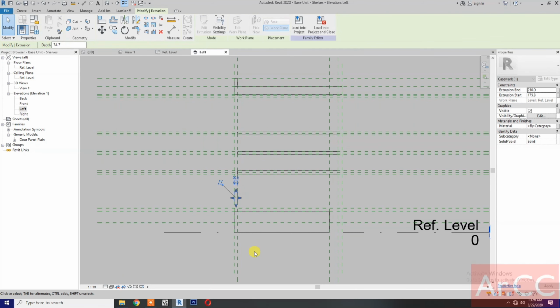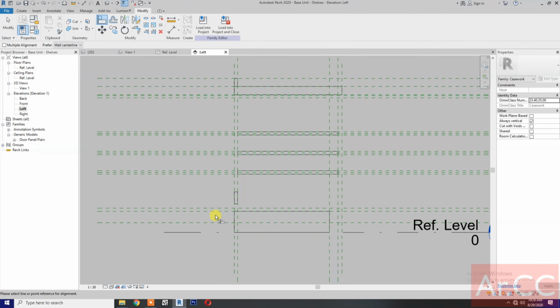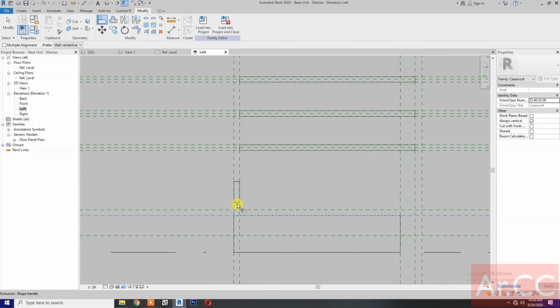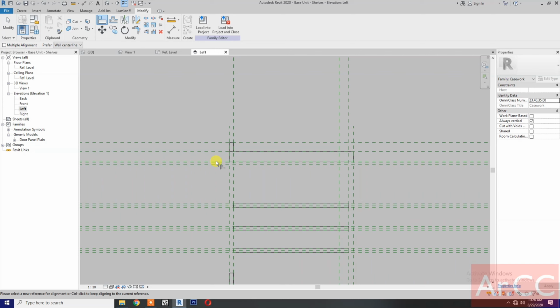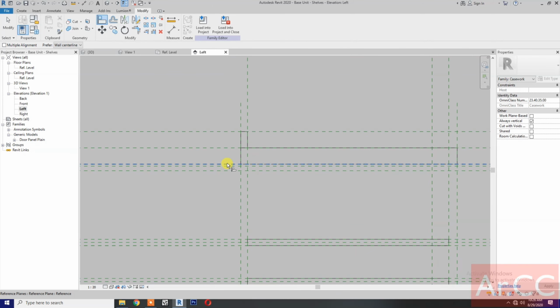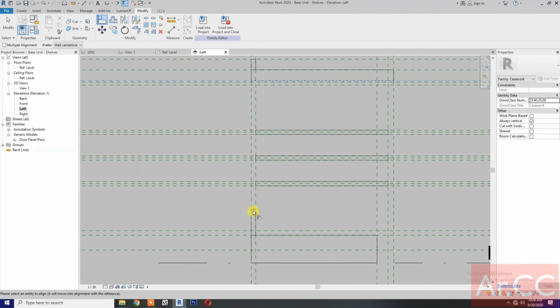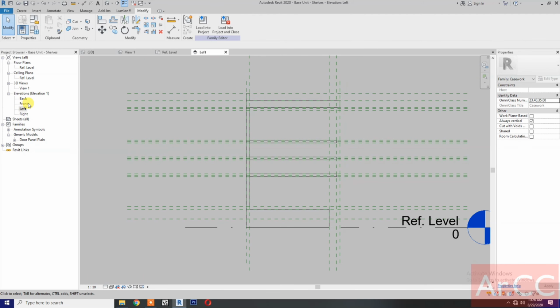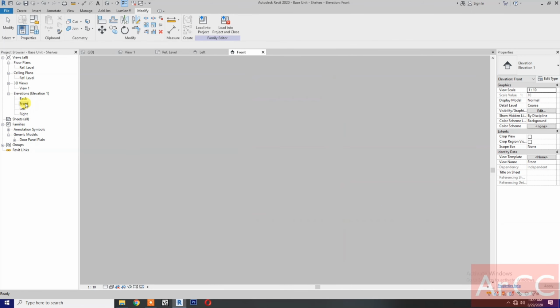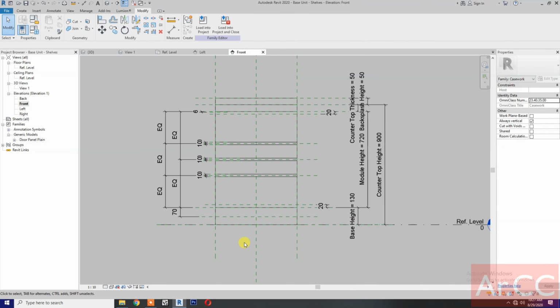move this arrow up, align, select this reference plane, select the bottom edge, lock. Select this reference plane, select the top edge, lock. Okay, go to front elevation,